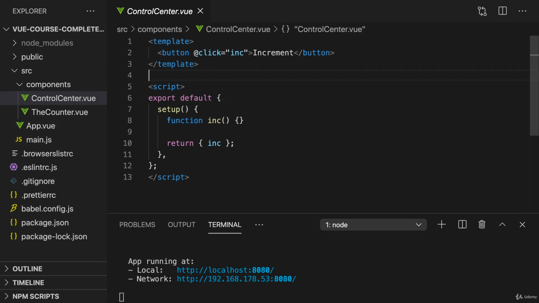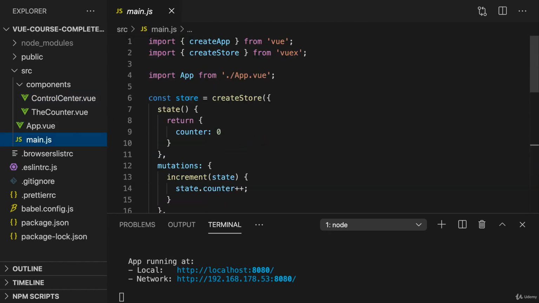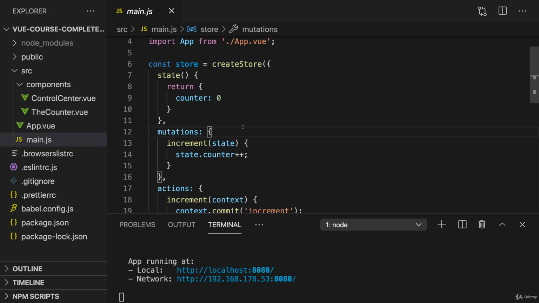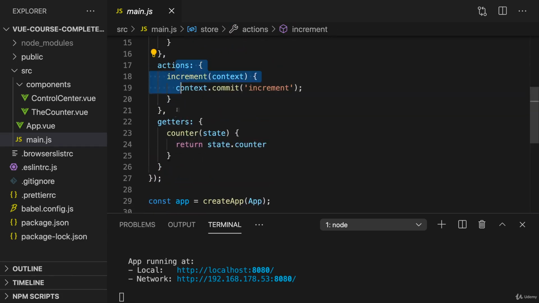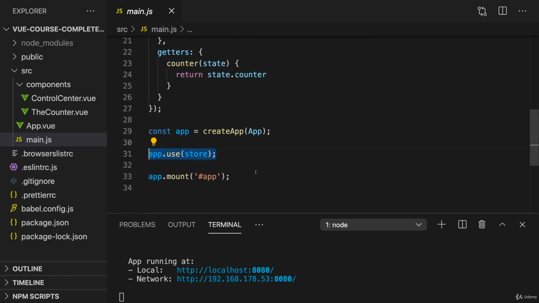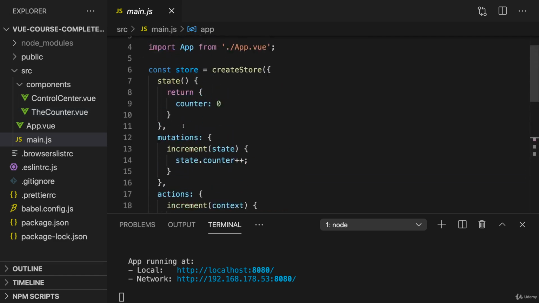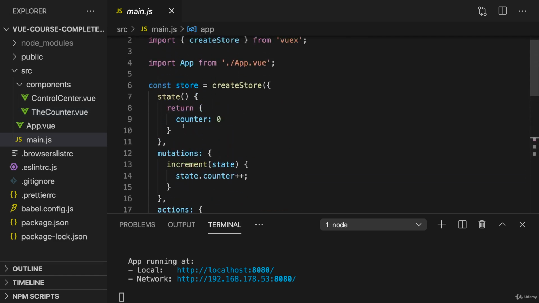So, how does this work? In main.js, I already set up a store with create store, as you learned it in the Vuex module. I have a state, mutations, an action, and a getter. And how can we now utilize that store, which I'm already using in my app, in these components? Well, just as the Vue router offered us a custom composition function, which we could call inside of our setup method to use routing features, the Vuex package has something similar in